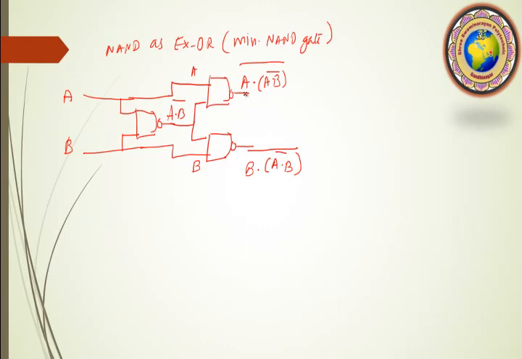Okay, and these two once again I give into another NAND gate. So I just received (A dot B bar) whole bar into B dot (A dot B bar) whole bar,